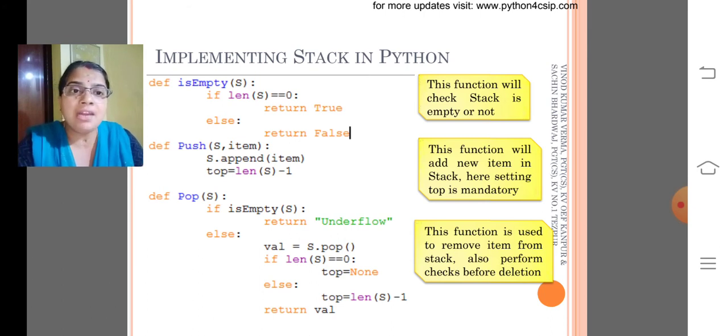If len of s equal to 0, then top becomes none. Else, again we need to set the top, that is the top index, which is length of s minus 1. Then it will return the value which we deleted. Pop always deletes an item, then it will return the deleted item, so we can use that value for returning.